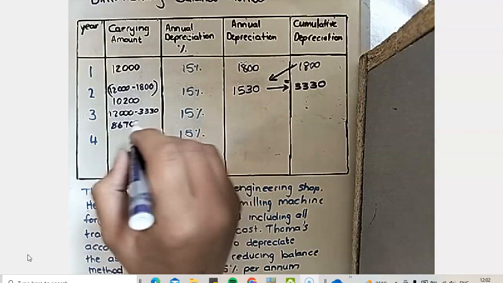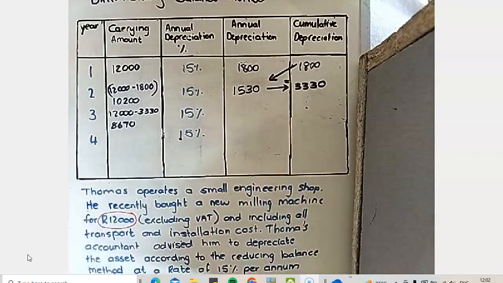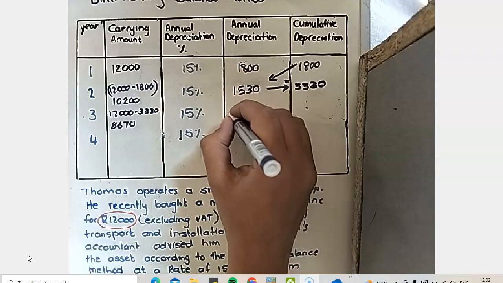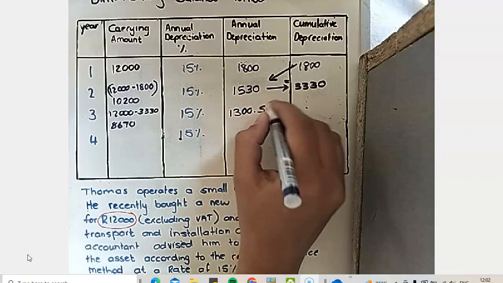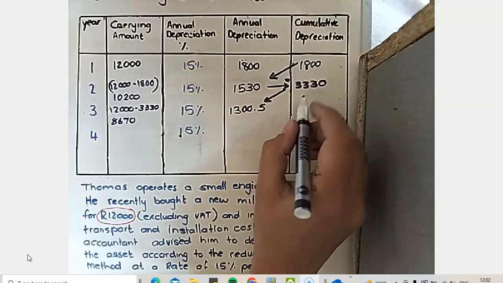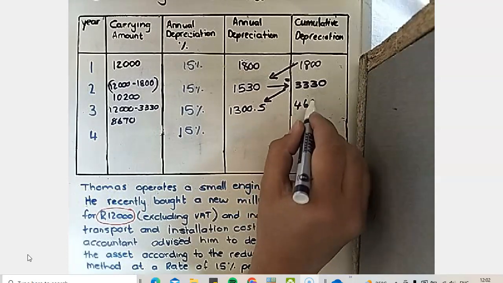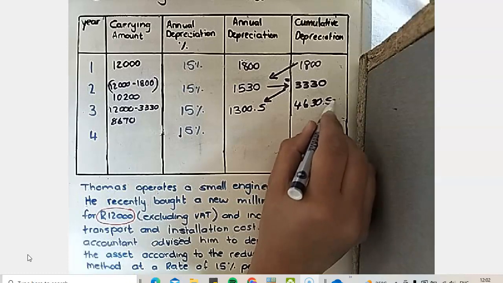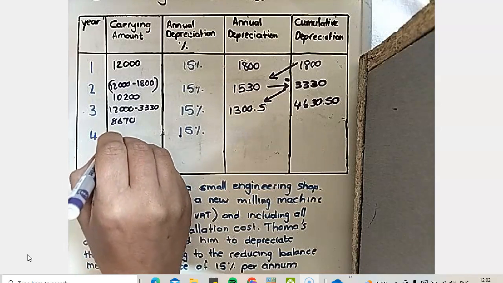8,670. Then you take 8,670 times 15 over 100 to get your new annual depreciation as 1,350. So now you take your 3,330 plus 1,350 to get your new accumulated depreciation as 4,630 and 50 cents. In year 4, you take now 12,000